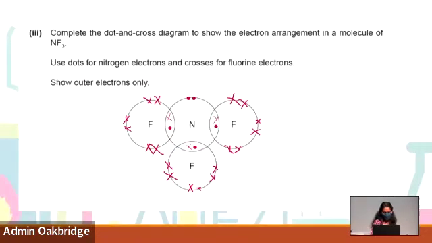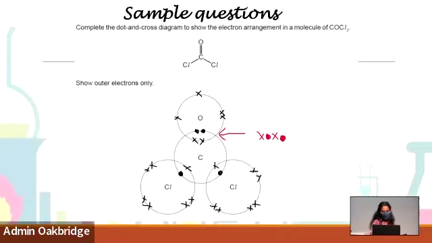So we have 3 more slides. 5 minutes is just nice. So okay, good. So how do we tackle questions involving drawing of this electronic arrangement? Show the outer electrons only. Show the outer electrons only means I only want to know the outer electron arrangement. I don't want to know before that or after that. When they are asking about CO2 and Cl,